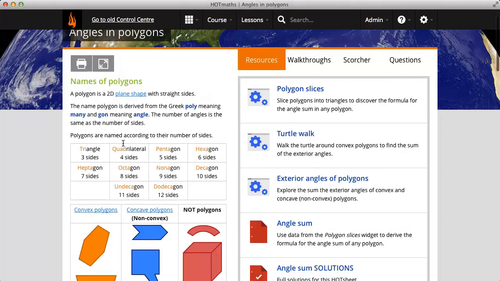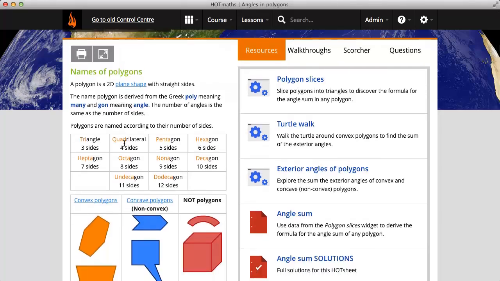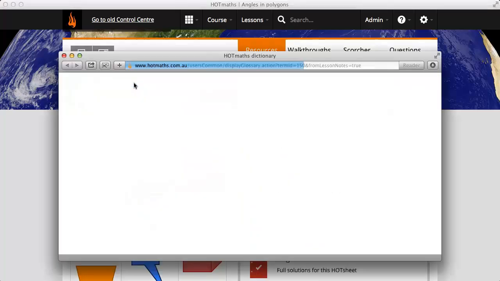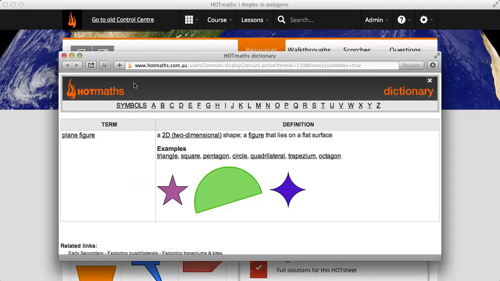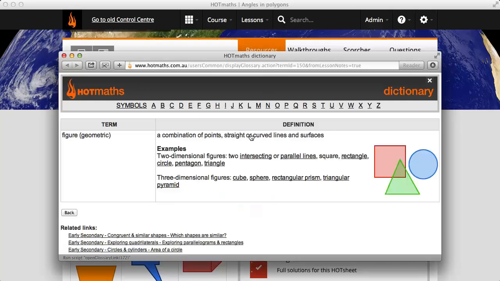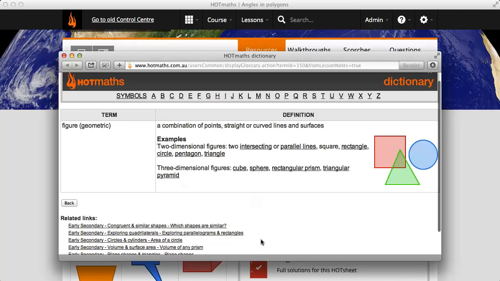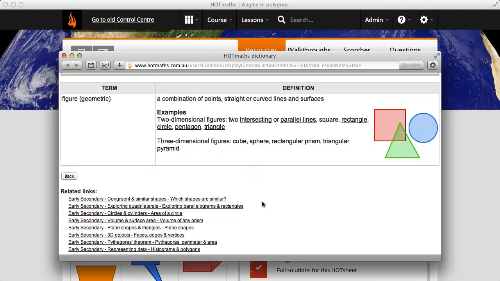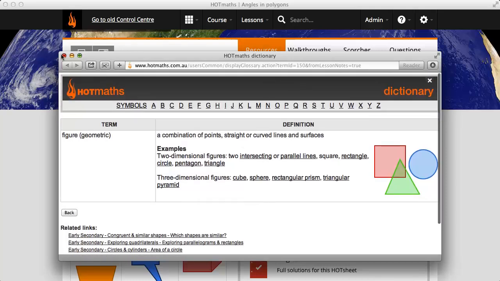And these lesson notes also give you links to a range of different resources. So you can see first of all this plane shape is a hyperlink, and when we click on it we get a dictionary definition for that term. Now the HOTmaths dictionary is available for all sorts of mathematical terms all across the site. It gives you examples, it gives you links to further terms, and it also gives you links to related lessons. So the dictionary is a really nice tool for investigations, and it's also quite helpful for students when they're working